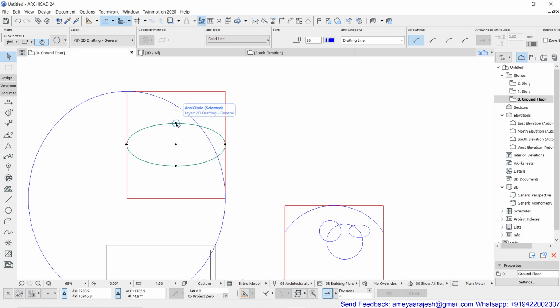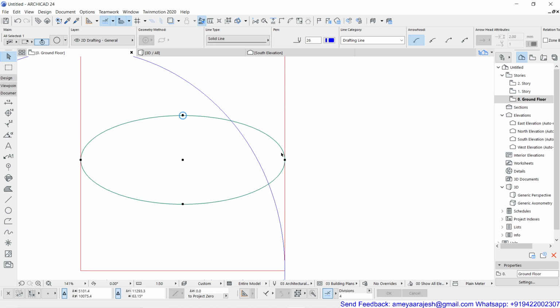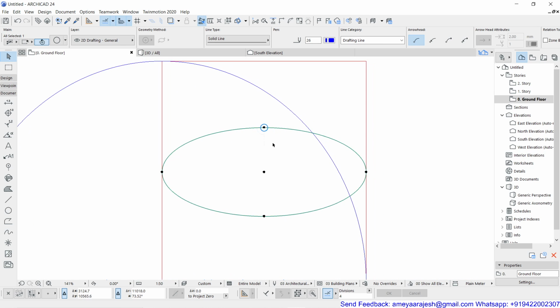Now if I click on the same point, and this time I click on convert ellipse to circle, what will happen? The quadrant point which you have selected, that particular radius or diameter will be kept as it is, and the other side will get adjusted.